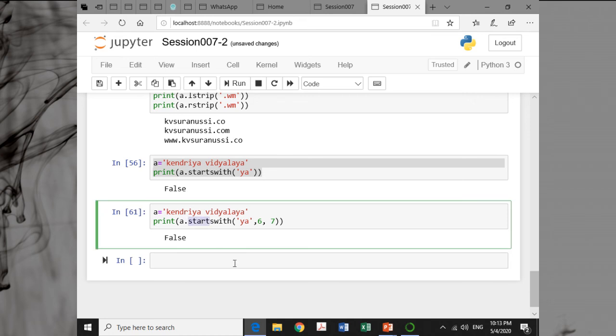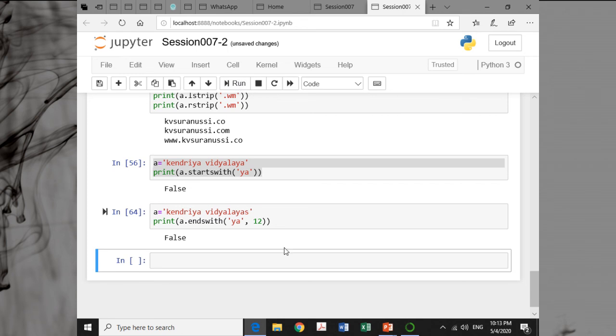In the same case, you can use ends with. Like if I write, does this string end with YA? The answer will be true. The string ends with YA. But suppose at this particular position I want to check whether the string ends with YA, so this is your 0, 1, 2, 3, 4, 5, 6, 7, 8, 9, 10, 11, 12. From the 12th position, I want to check whether the string ends with YA. The answer is false. From the 12th position onwards,